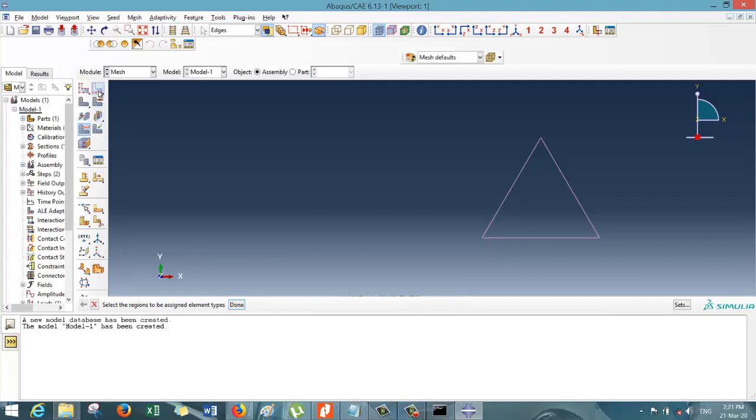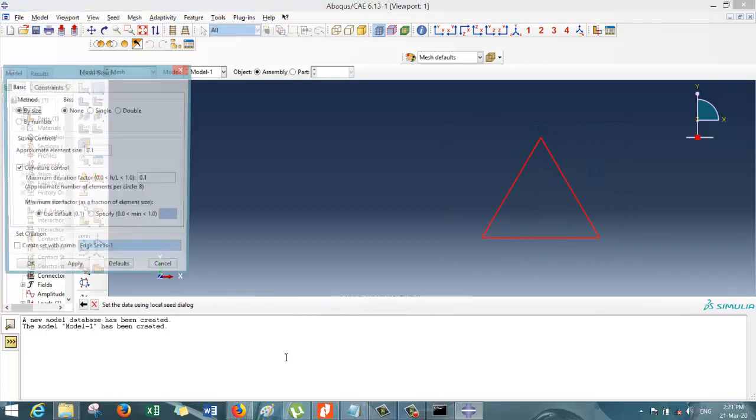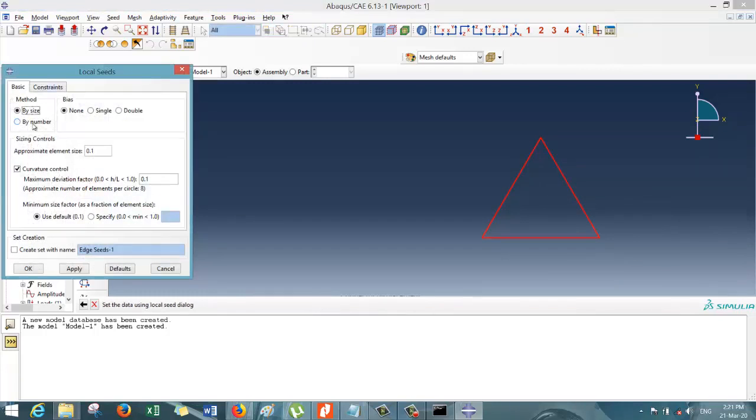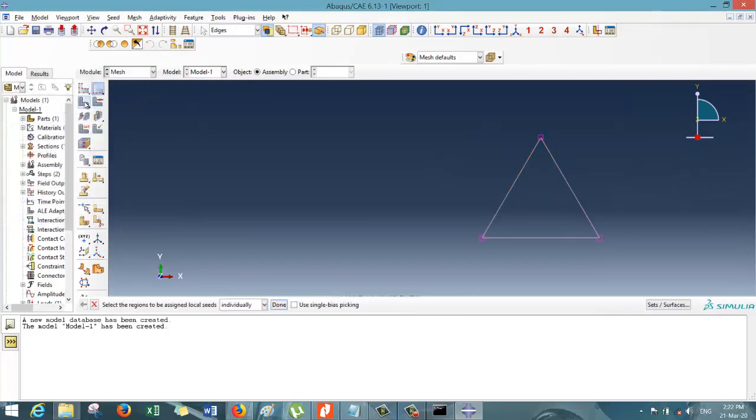Then next you have to seed edges. Click on seed edges. Select the entire element. Here you have to select the mesh method as by number. And you have to specify it as 1. Then click OK. Now you can mesh the part instance.